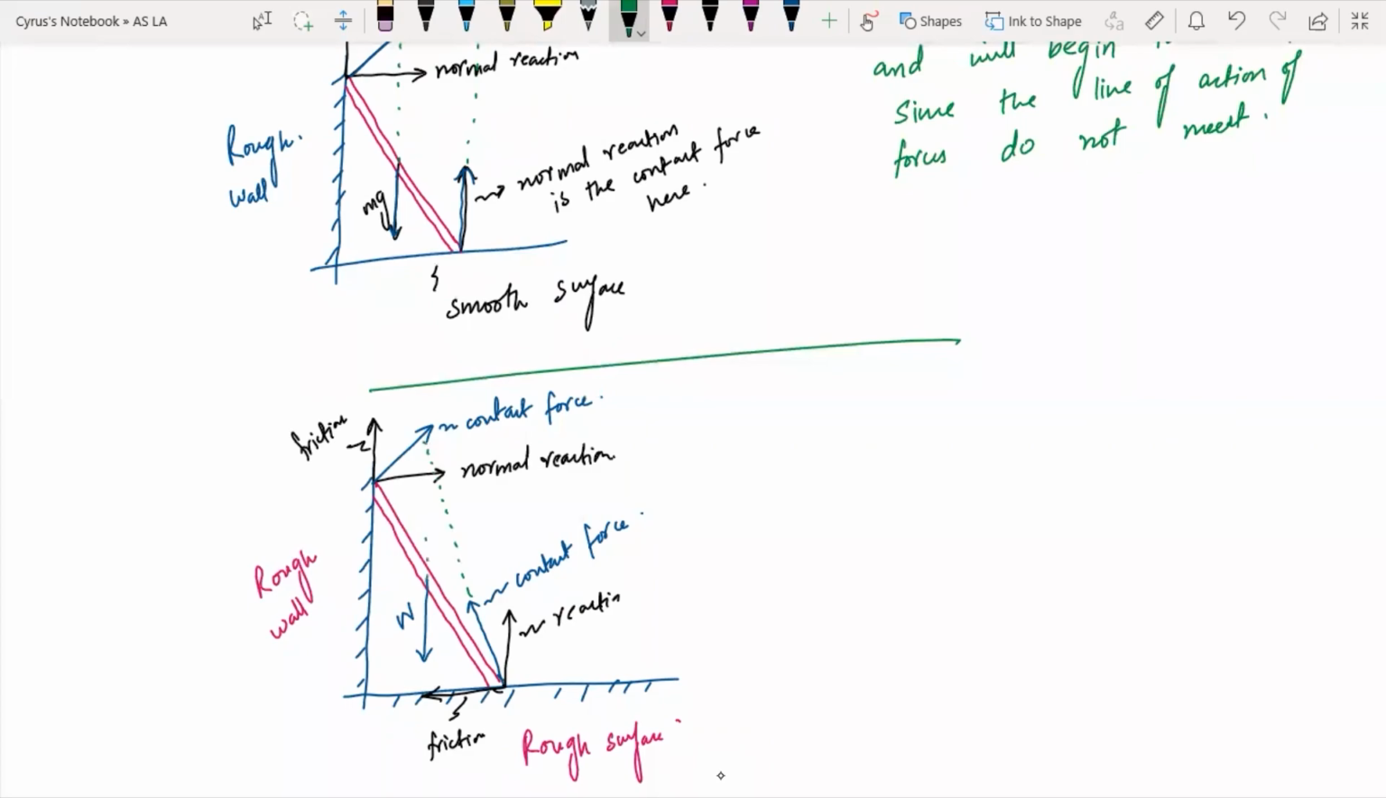If I extend all of these forces, the weight, this, you're going to see that all of them are going to pass to a common single point. The line of action of weight, the line of action of this contact force, they're going to pass through a common single point. And that indicates what? That this ladder is in equilibrium. Physics works. The ladder is in equilibrium